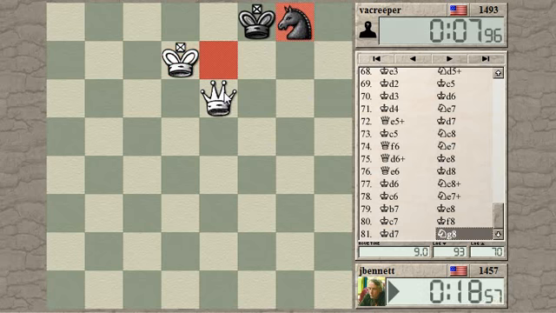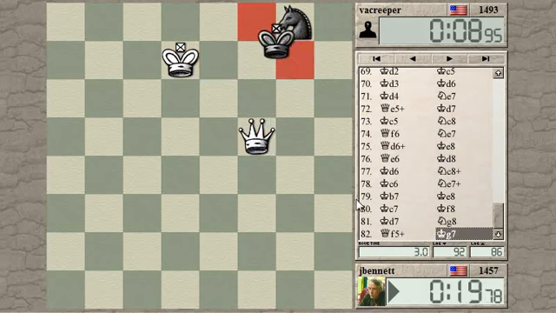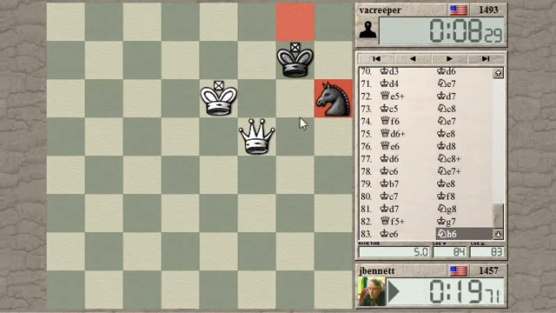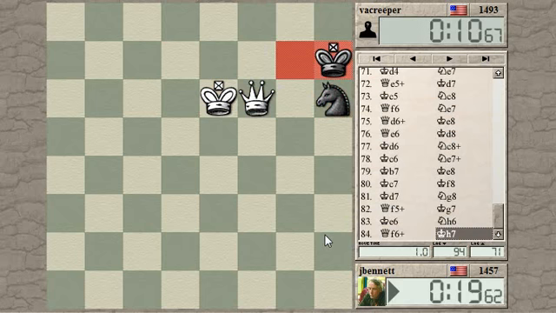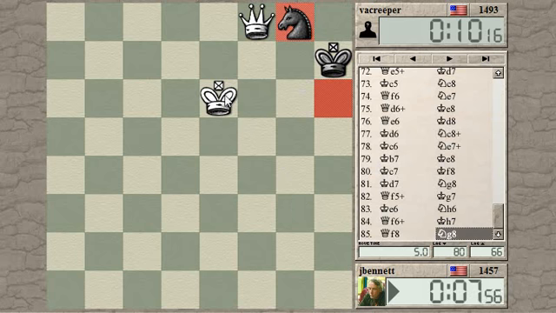And let's see, do I have a check here? Check. So the king is being forced back into the corner. And check, king here. And now his knight has these squares, has that square, right? Check. And what's this? I'm going to run out of time here. I'm getting pretty close here, so just...